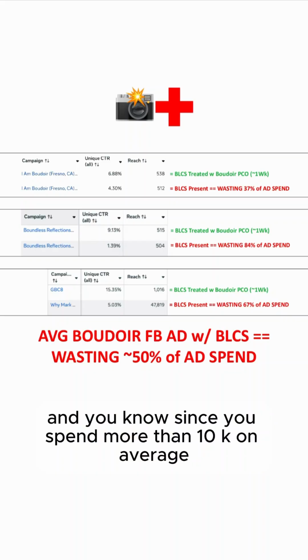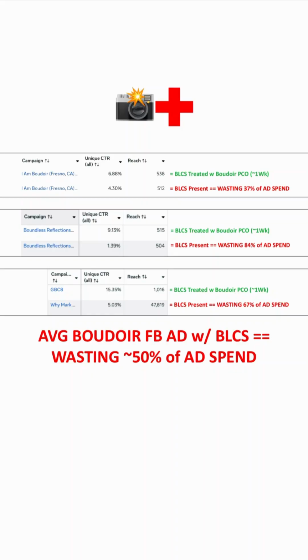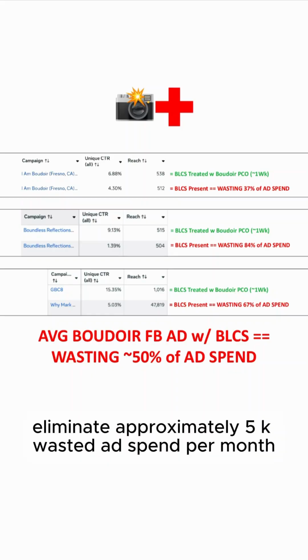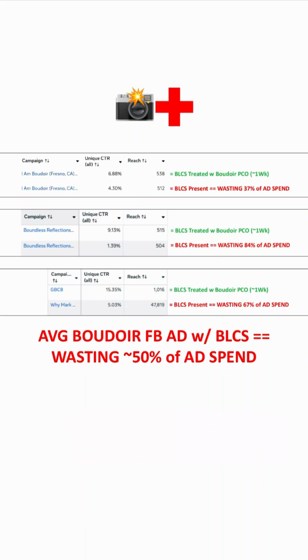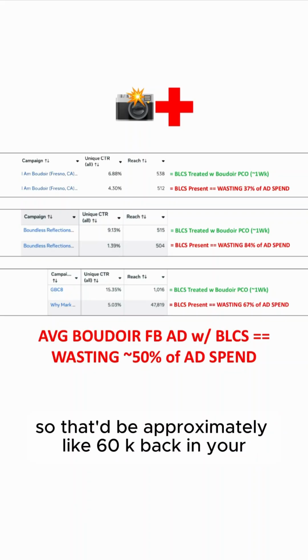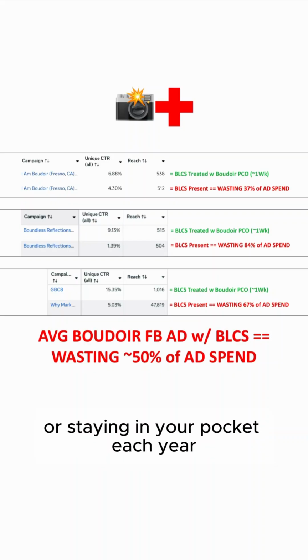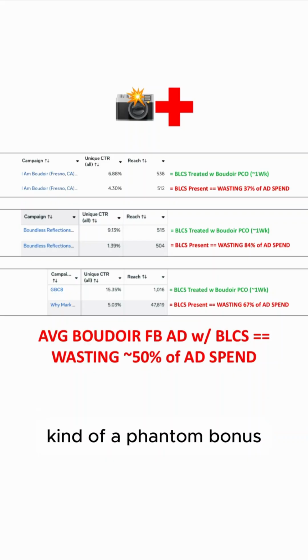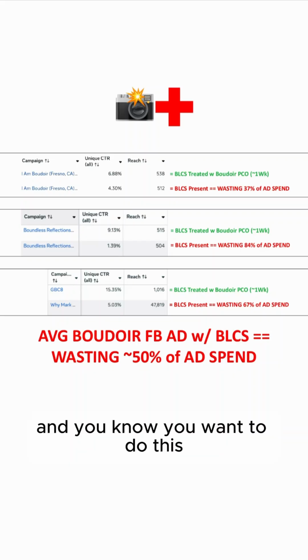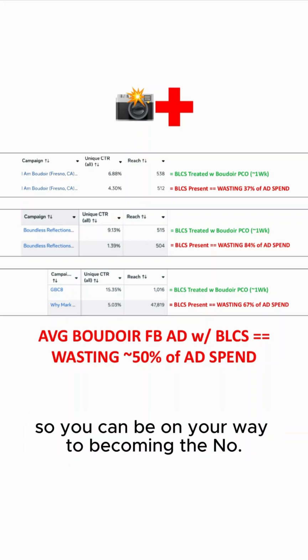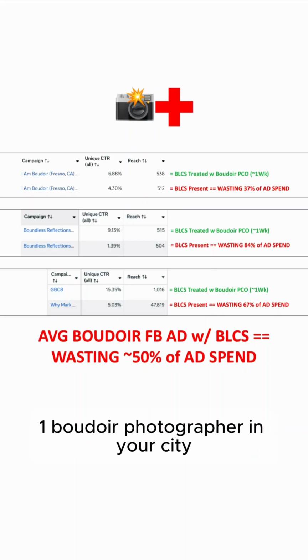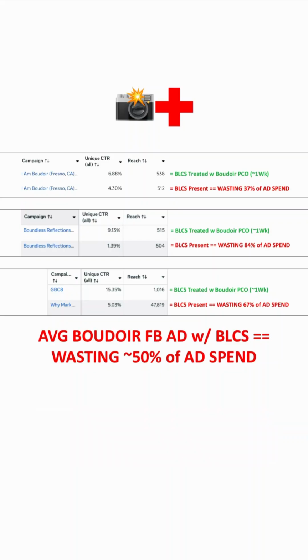And since you spend more than 10K on average, we can probably save you, eliminate approximately 5K wasted ad spend per month. So that'd be approximately like 60K back in or staying in your pocket each year, kind of a phantom bonus. And you want to do this so you can be on your way to becoming the #1 boudoir photographer in your city. Then shoot me a DM when I